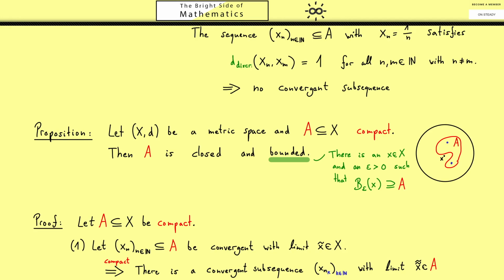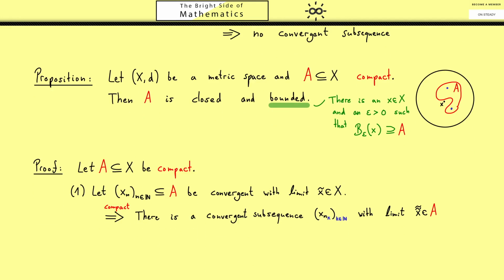Of course, this is not necessary because we already started with a convergent sequence, and we know the limit is always unique. You can't find another limit with a subsequence. Hence x tilde and x tilde tilde do coincide, so x tilde lies also in A. This is exactly what we wanted to show, therefore A is closed.